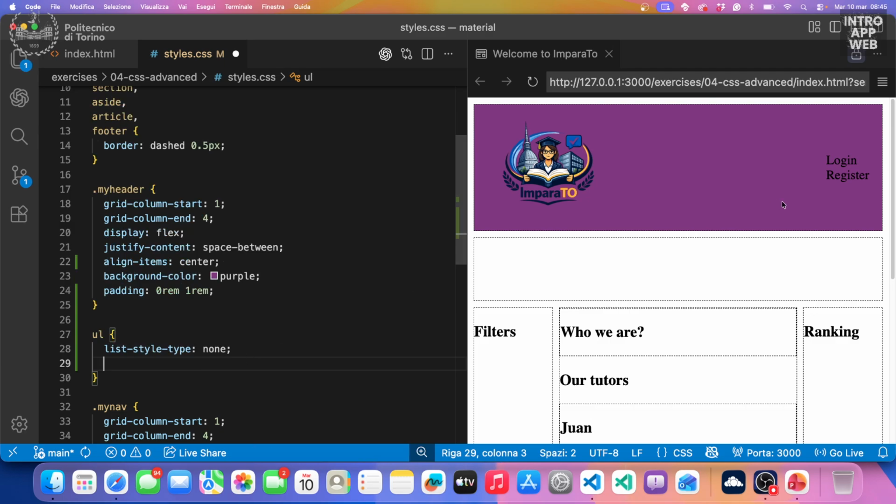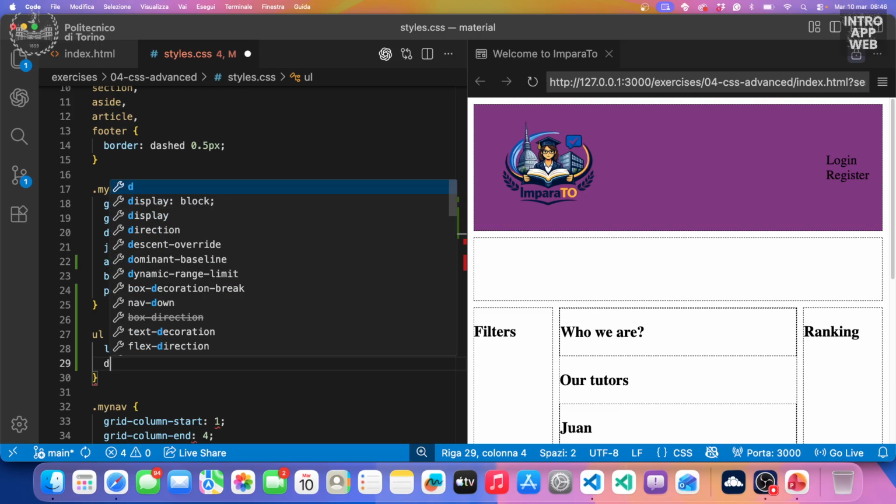Nice, and maybe the other thing we can change is we don't want this anymore to be one on top of the other one. We wanted them to be aligned, one to the left or to the right of the other one. So in this case,